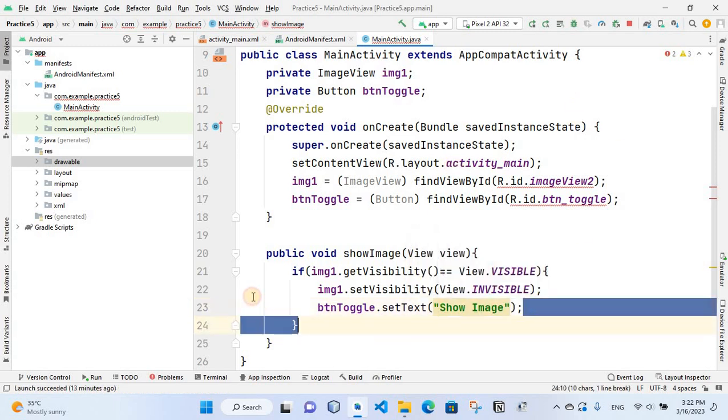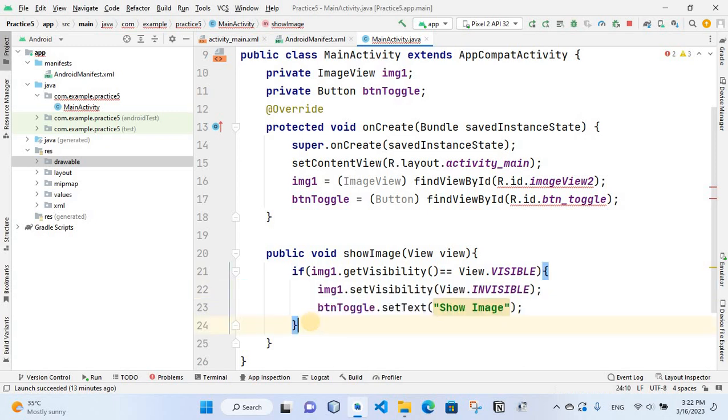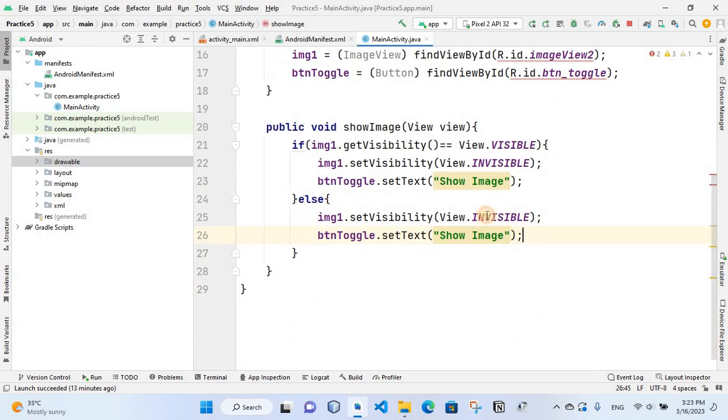And now in the else, we are going to do the exact opposite of this. Copy and paste. We are going to make it visible, and we are going to display Hide Image. Let's give it a test and see how things go